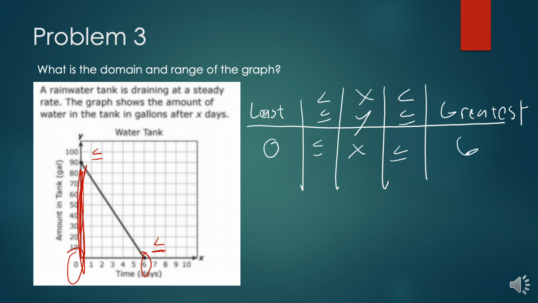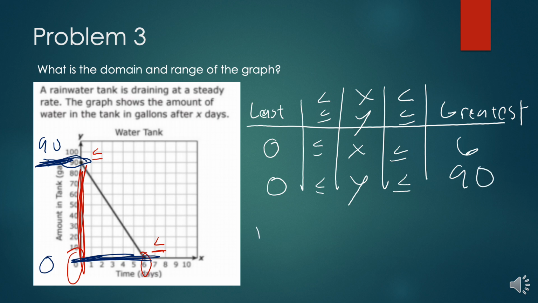Now using a different color again, my lowest number on my y, or my lower bound, again is 0 with the same sign. My upper bound this time is 90, so I've got 90 this way. So I could write my range. Lower bound or my least y is 0, less than or equal to y, less than or equal to 90. So the domain here is